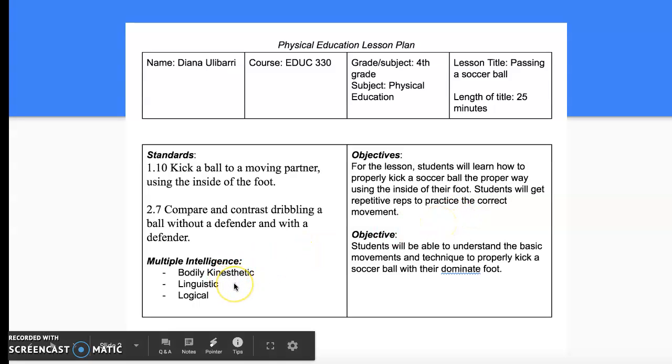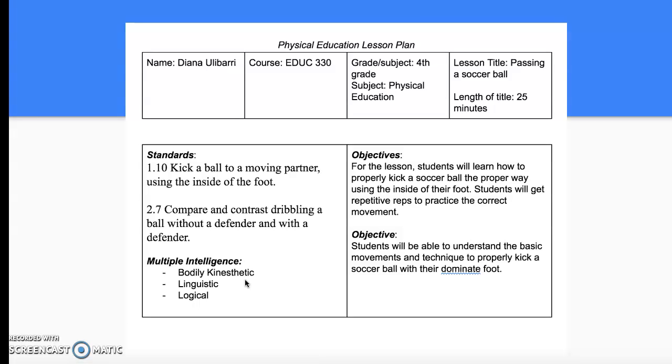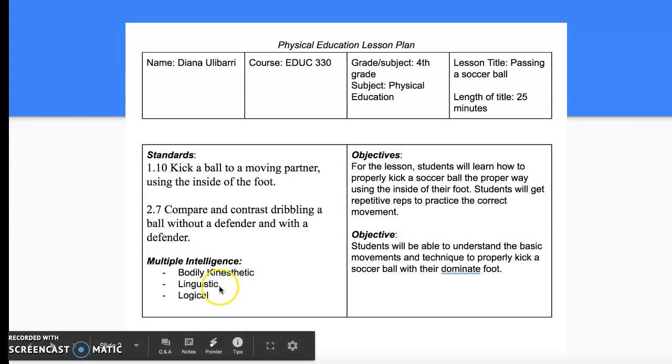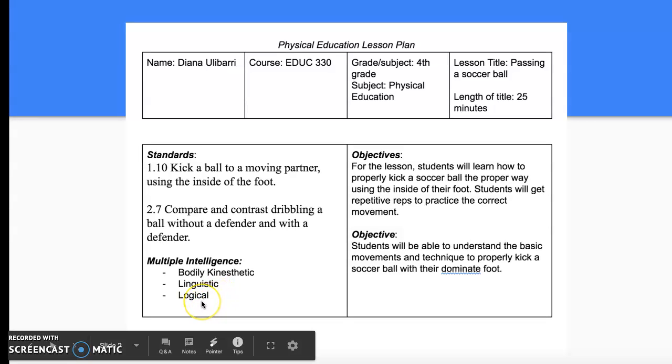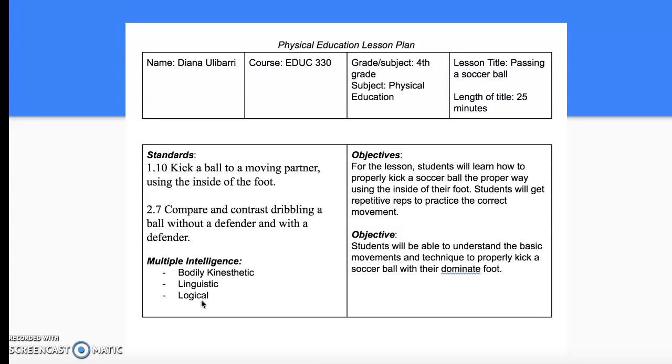Multiple intelligences: bodily-kinesthetic, linguistic, and logical. The reason why I chose these three is because for bodily, you have to have some type of coordination to complete the lesson. Linguistic, meaning as you're an athlete trying to pass the ball, you may tell your partner to move closer, to the left, to the right, just being able to communicate with your partner. And logical, knowing where to place it for your partner so it's considered a correct pass